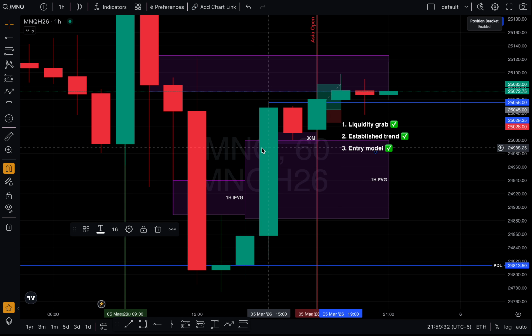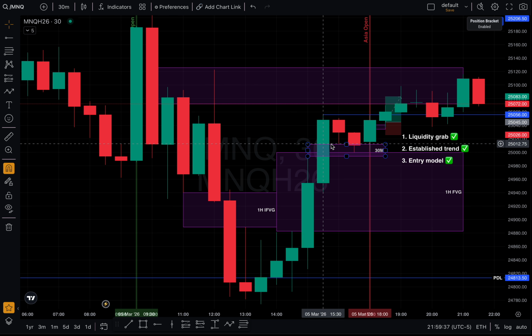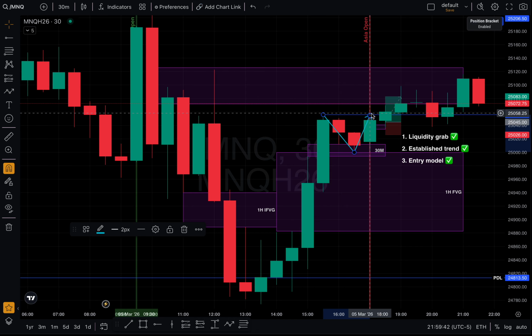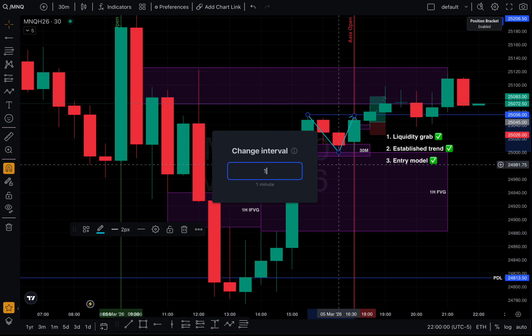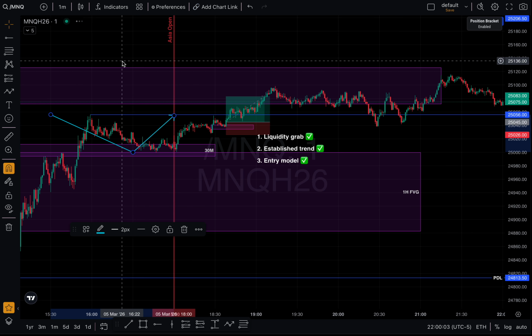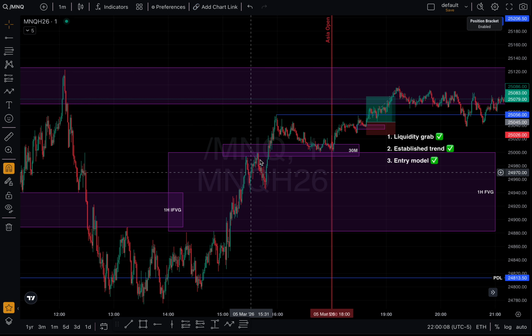Now, let me go to the 30 so we can see we have a 30-minute gap right here that was respected. So price did its typical rebalance and then respect of the gap. This is what you want to see on the lower time frames too if you're looking for an entry model. If this happens in the larger time frame, it just tells me that there's more reasons to support, in today's example, the bullish trend. This is bullish, but it works the same way for the bearish, in the opposite direction. So now we have a lot of reasons to believe that there's a short-term bullish trend,